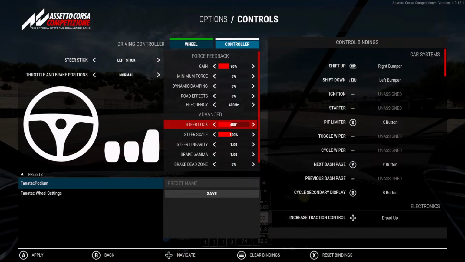What is C set? On A set it's locked, and on C set it's...